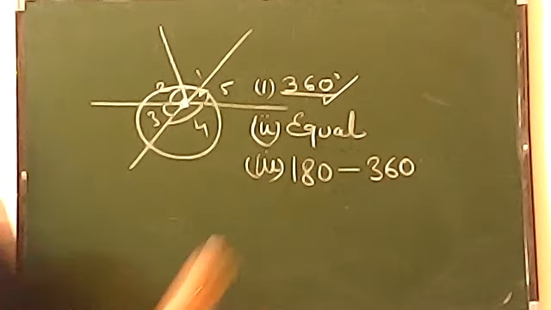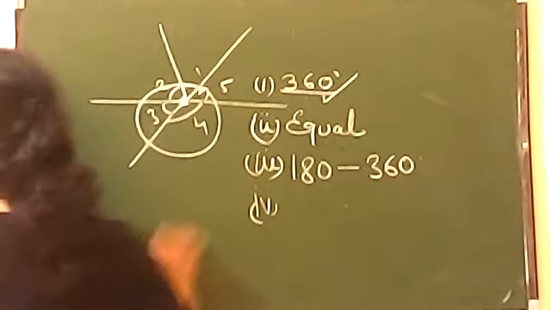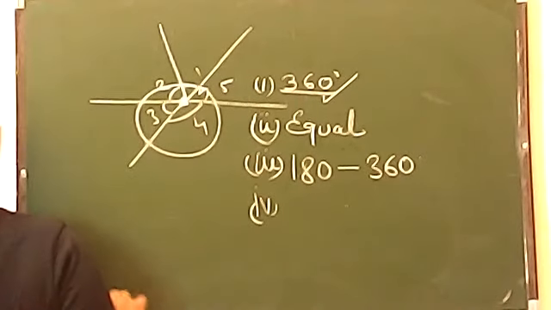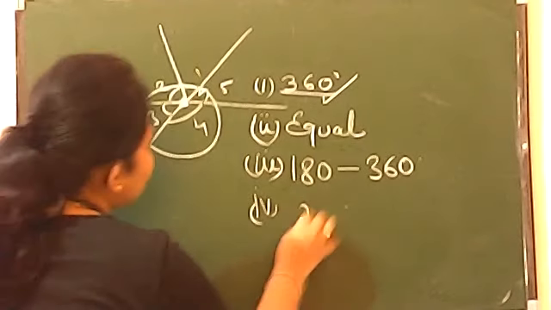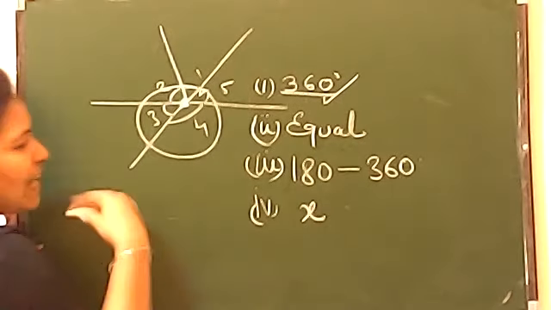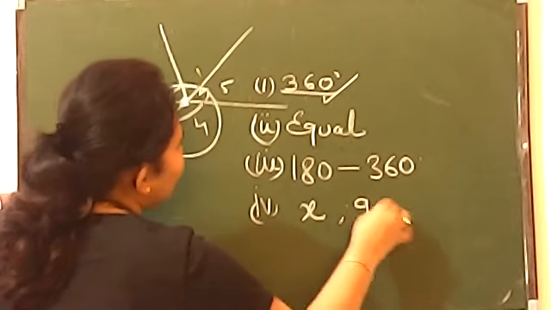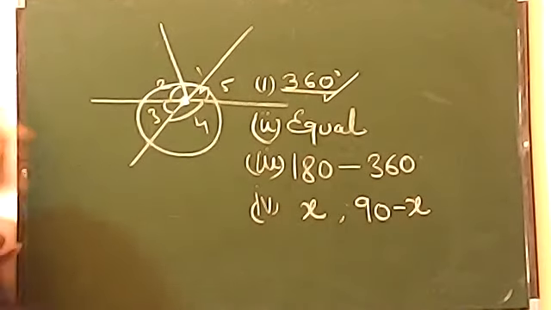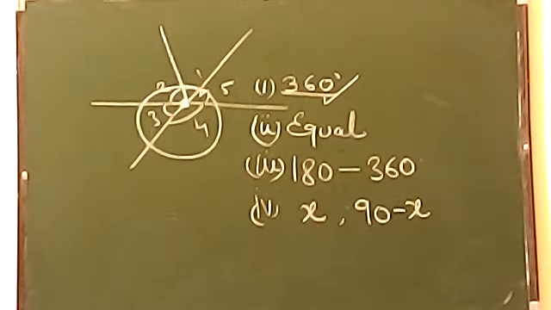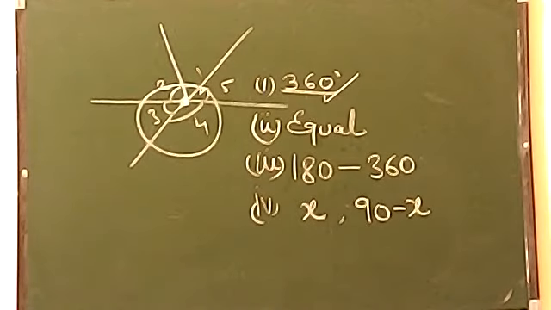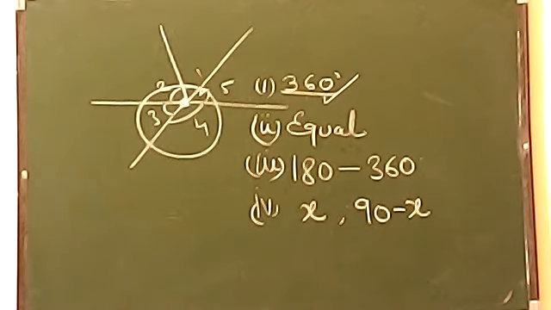Now move on to the fourth one, which is: which pair of angles are always complementary. Complementary angle means, always remember, let's say any angle x, and its complement will be 90 minus that angle. Please remember that when we were doing complementary angles, I had told you that you find the complement by subtracting the angle from 90. So that is 90 minus x.